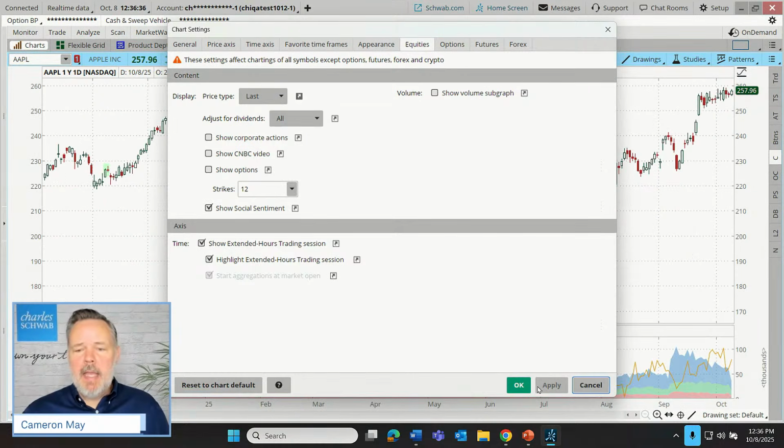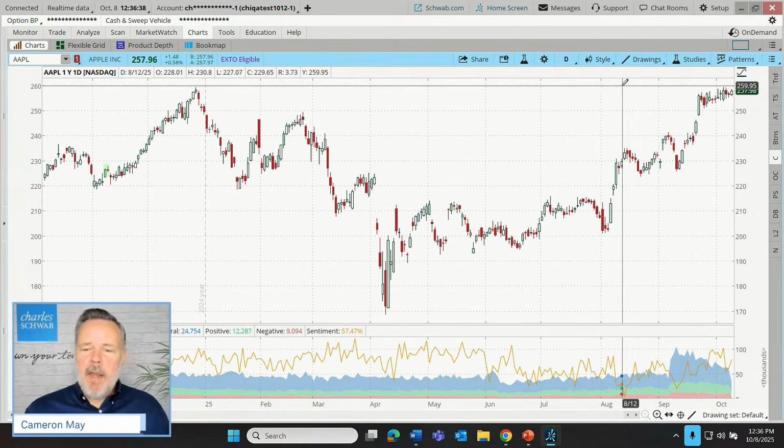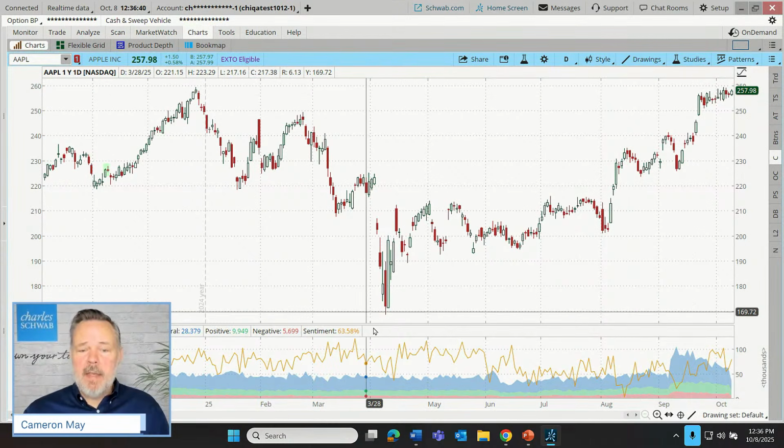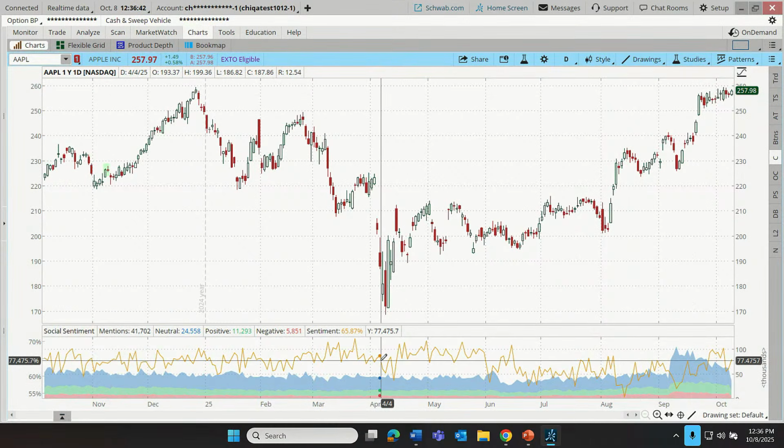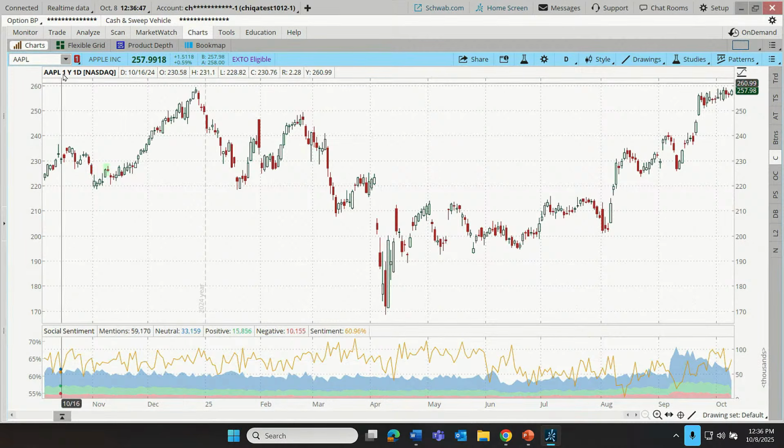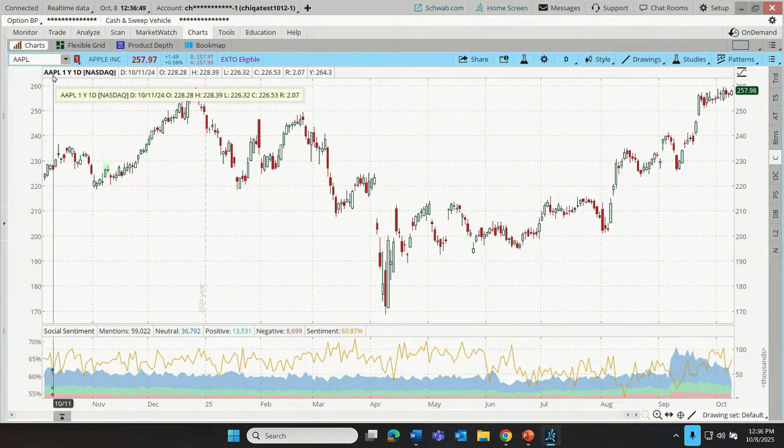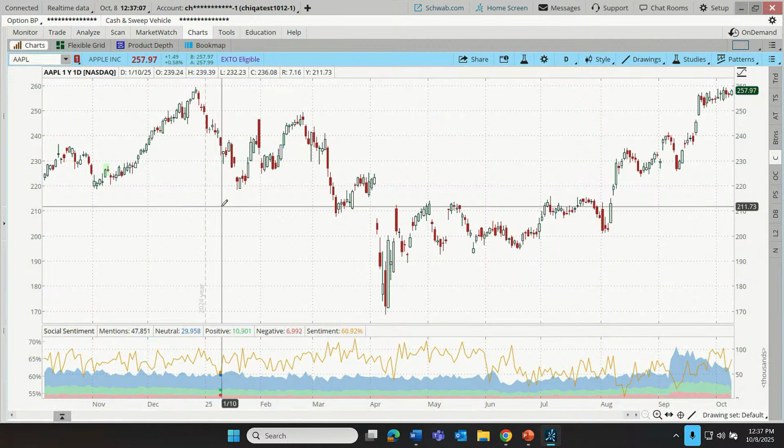I'm going to click apply. And this actually shows a tool maybe not a lot of people are familiar with. What this does is, essentially, through an algorithm, scan social media and look for references to the stock that we are charting. So it's looking through social media for Apple, and then looking for algorithmic phrases that are either generally considered positive or generally considered negative or possibly just neutral. If we can't assign a positive or a negative weighting to a specific phrase, it'll just call it neutral.